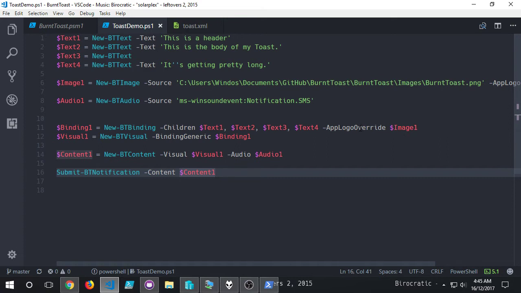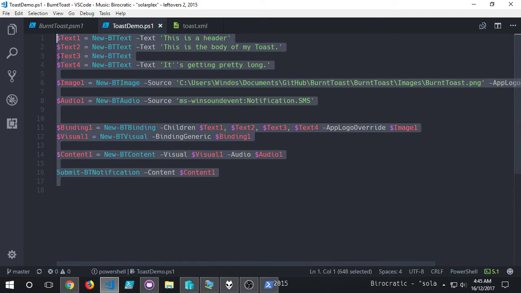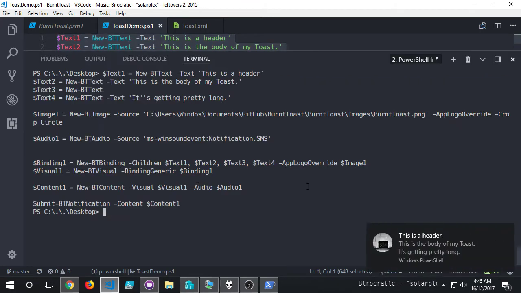And then I've provided it to app logo override on my binding. So when we run this now,